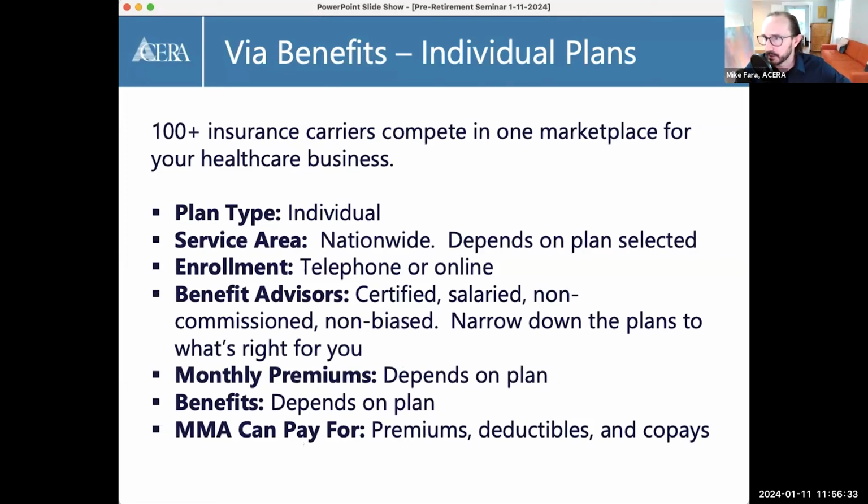Okay, let me see. There's a couple of questions up here. So the question is, how can I evaluate the benefit of Kaiser Senior Advantage versus traditional Medicare via Benefits? Like if we move, can we change from Kaiser to Via Benefits? Okay, so the way to evaluate the Kaiser Permanente Senior Advantage plan versus any of the Via Benefits plans is to go out to